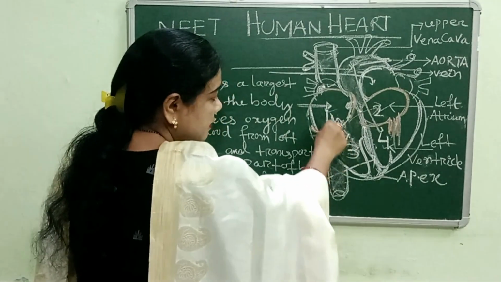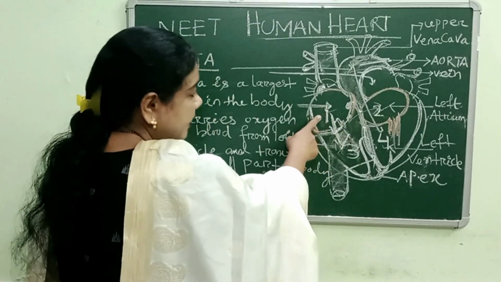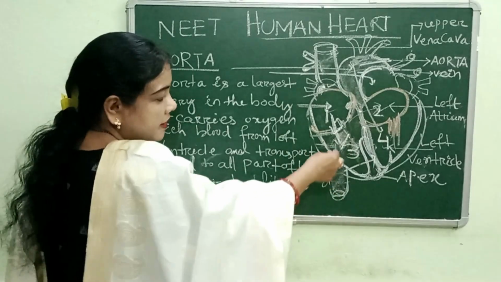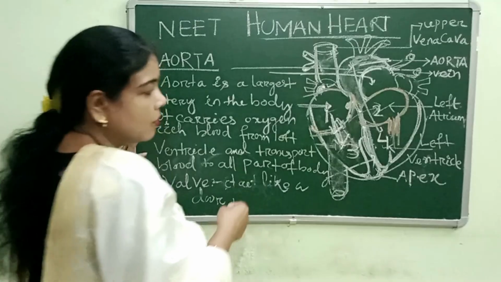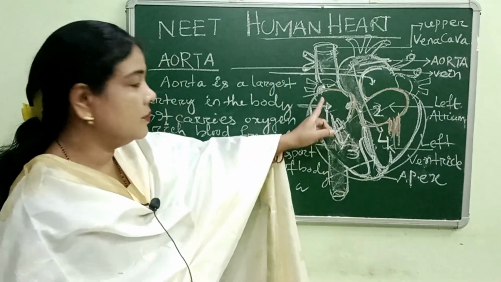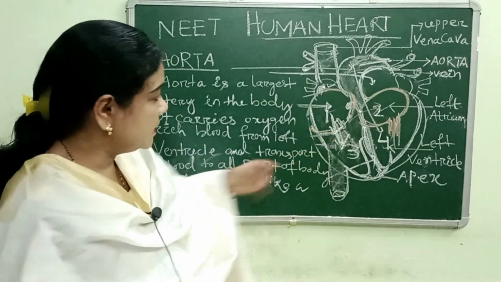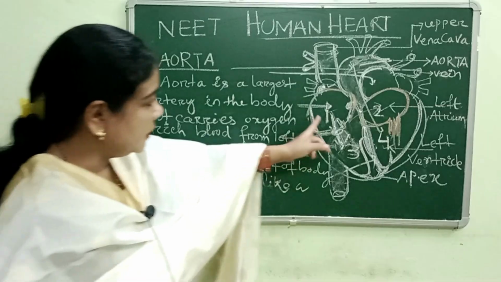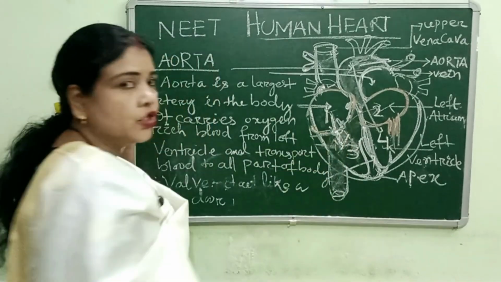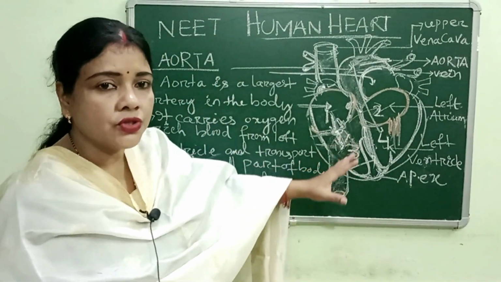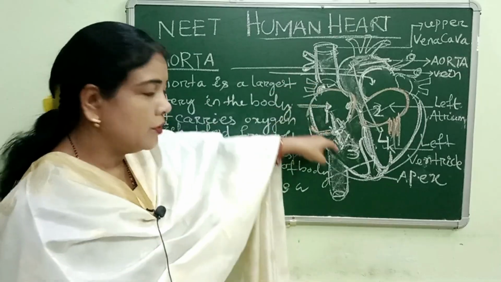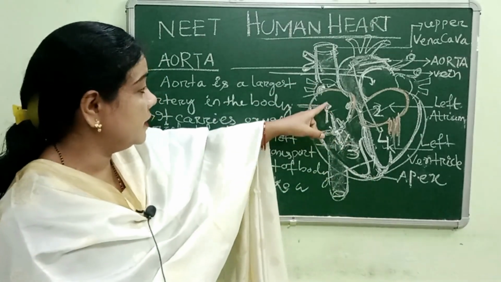Then after the blood flows from the right atrium to the right ventricle, there will be no reverse flow from ventricle to atrium, because once the blood flows, the valve shuts, closes, to ensure that the blood flow is unidirectional from atrium to